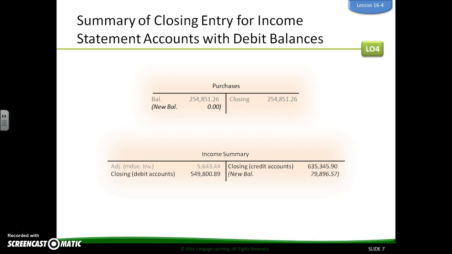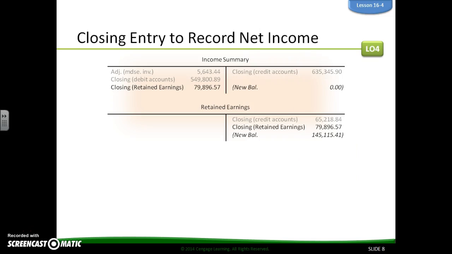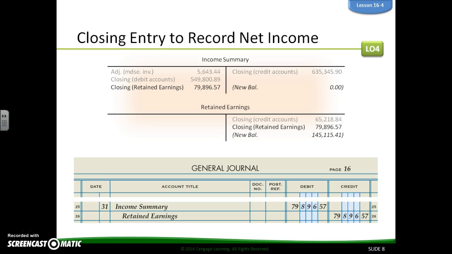And you always want to remember that in order to zero out an account, the debits and the credits have to equal 0. Once you have a debit and a credit, it will zero out, and then your closing entry zeroes your account. All right, so closing entry to record net income, and this is where we now are able to look at, hey, did our business have any income that we can report? So as we're looking at that net income piece,